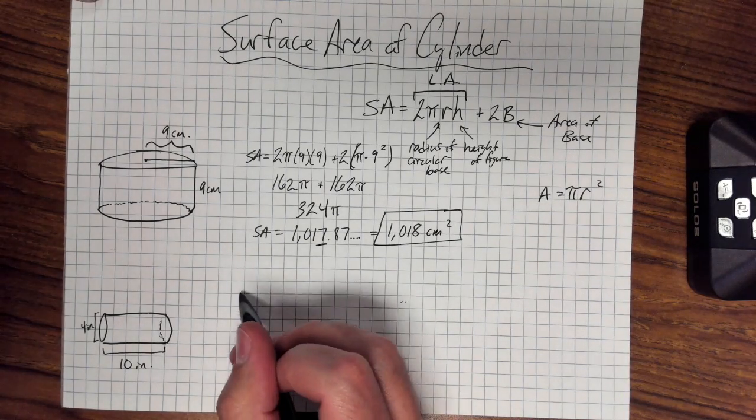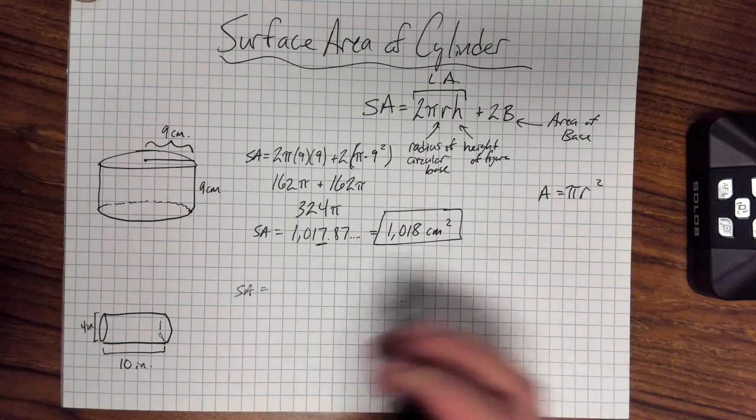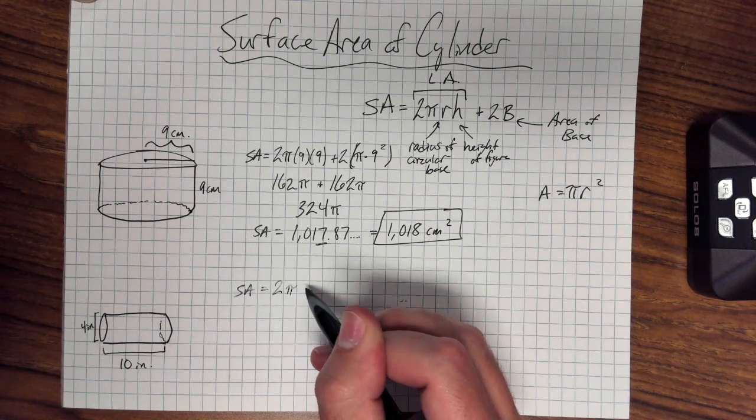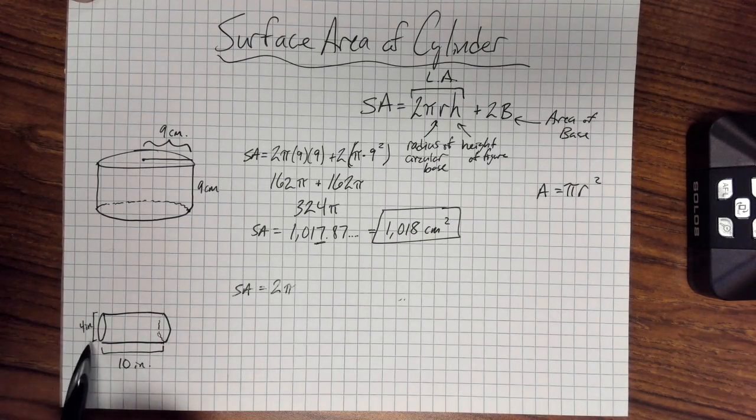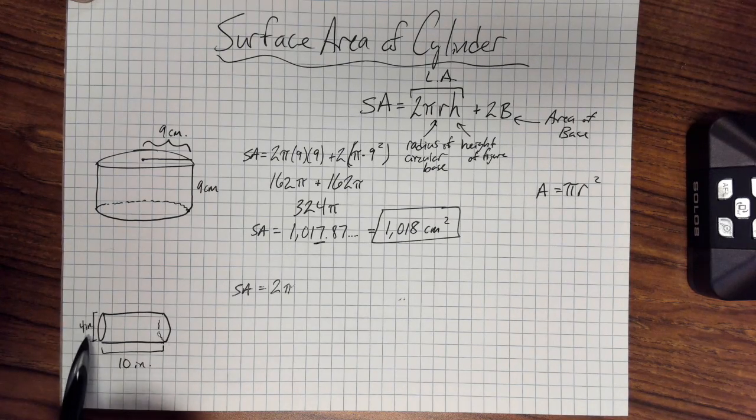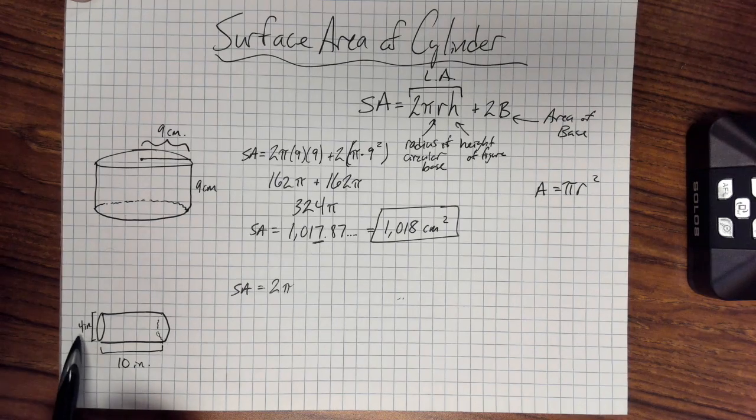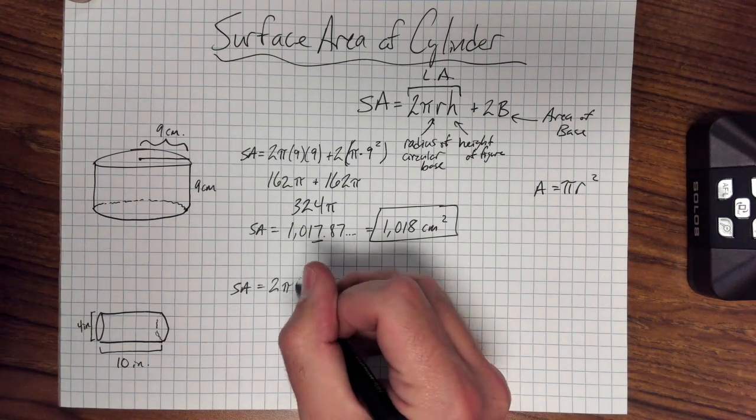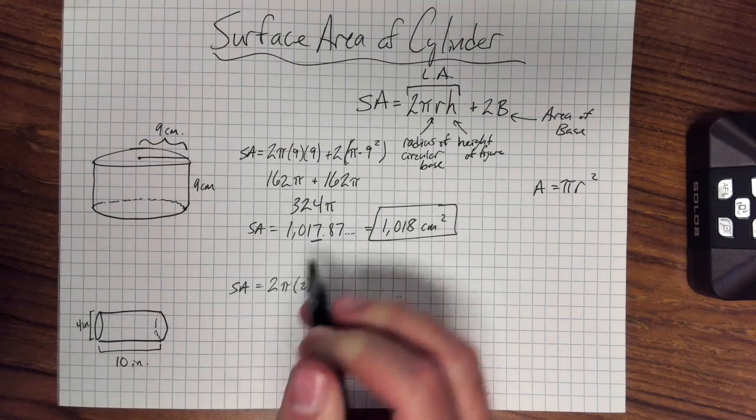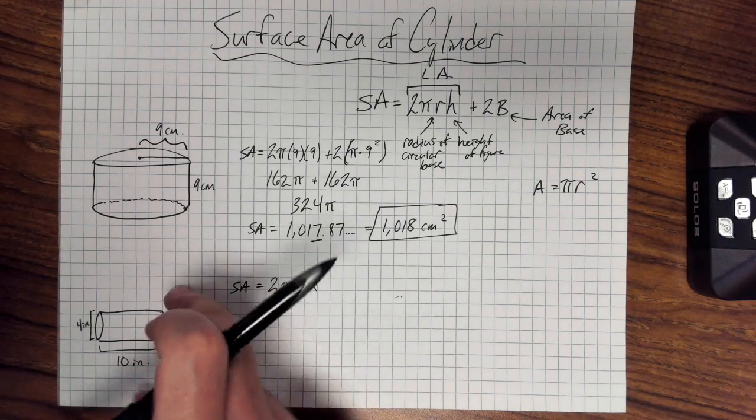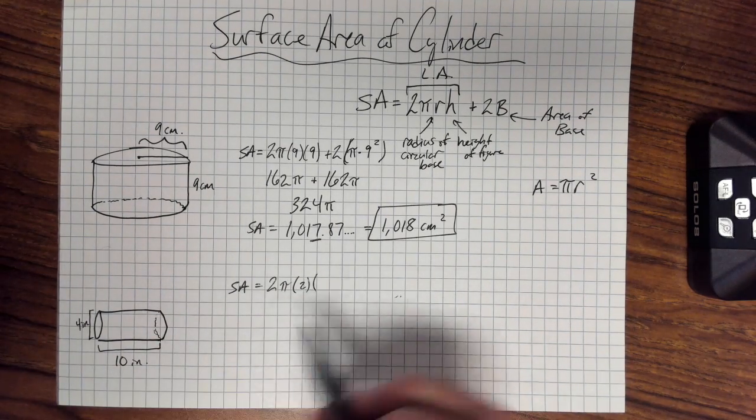For this second one down here, fill in our formula. 2 times pi times the radius. Now this time, notice, from here to here is 4 inches. That would actually be the diameter of the circle. So half of that, half of 4, would be 2. So the radius is 2. And then the height of the cylinder, imagine putting the cylinder up on its end, and the height would be 10,